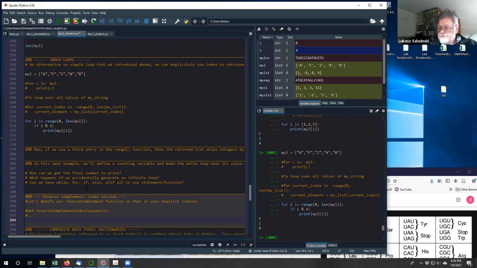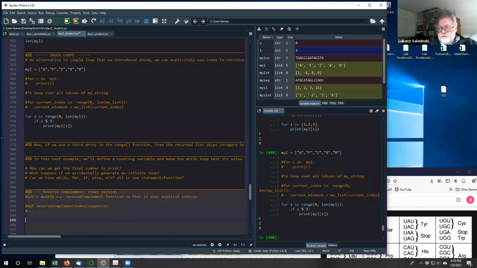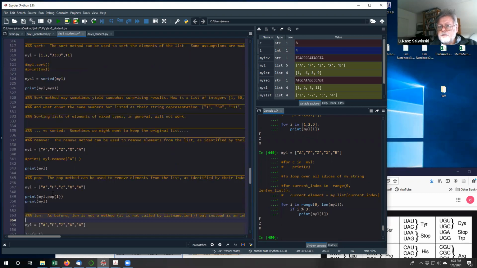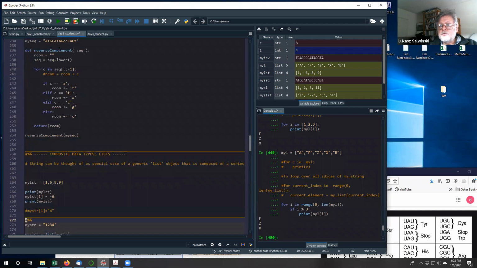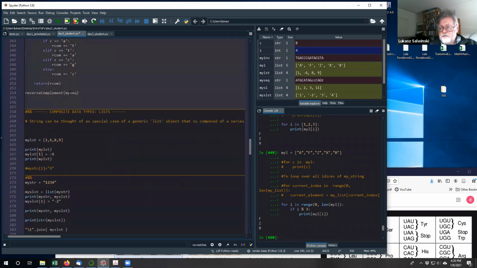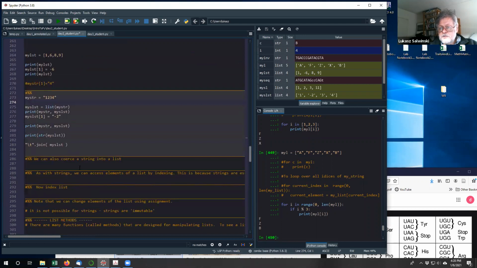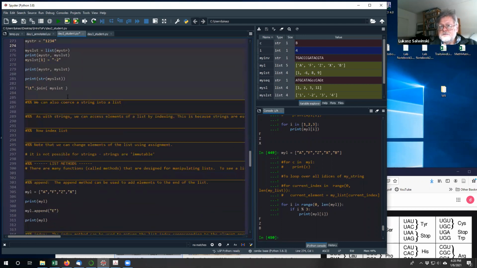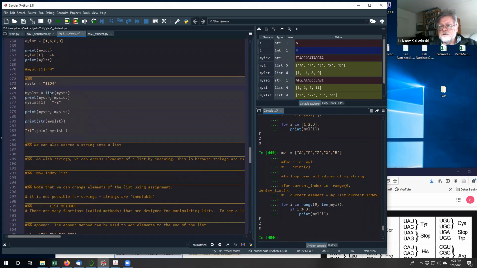You might try to practice by modifying the reverse complement function that I wrote somewhere here, instead of iterating in a simple way. You might just modify it a little bit to use the alternative version of a loop,